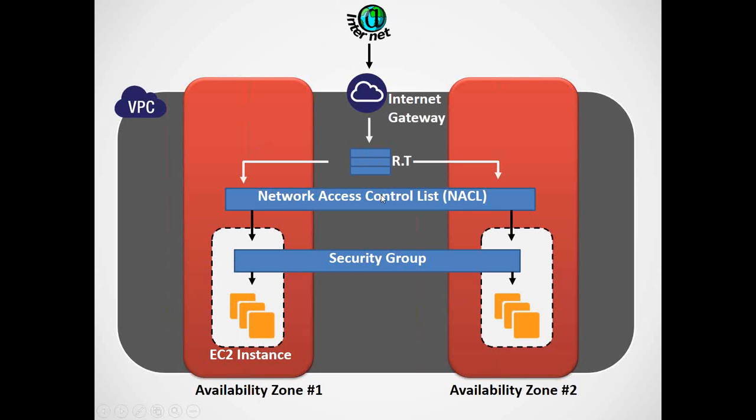Whereas the NACL is the set of rules, just like how we have a firewall. We will specify what kind of traffic you want to allow, whether you want to allow it inside the machine or from the machine outside to the internet. So you will be specifying it using the inbound and the outbound rules. And finally, if needed, we can create a subnetwork by grouping certain machines within a VPC. And for that, if you create a subnet, that has to be part of one availability zone. You cannot say that there will be one subnet which is going to connect to different availability zones. Okay,